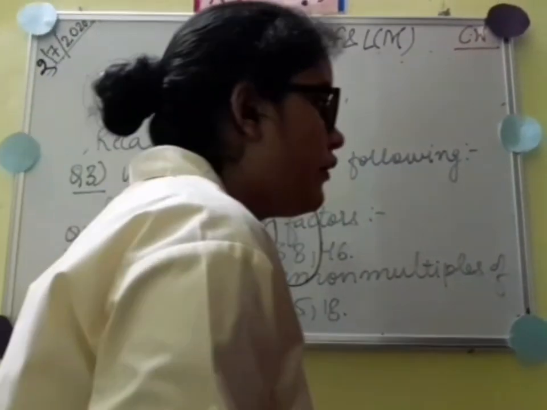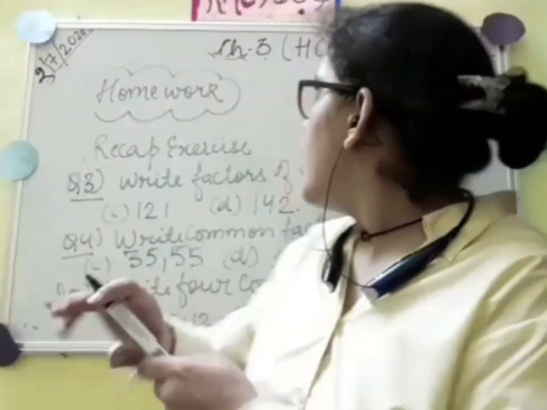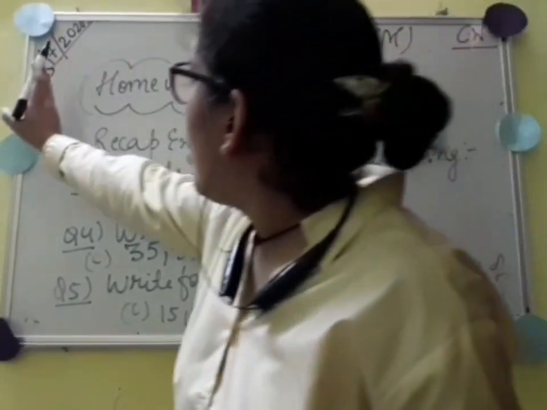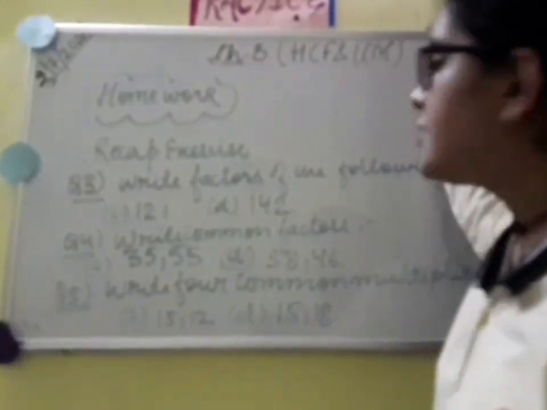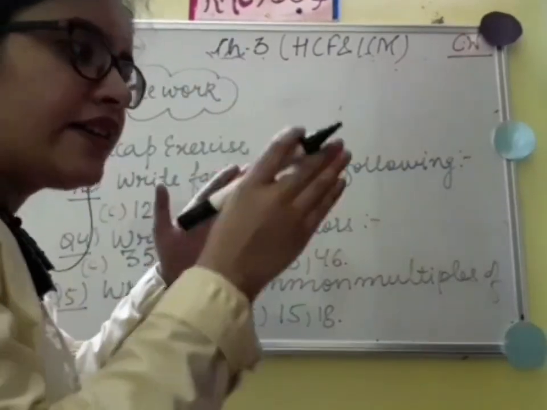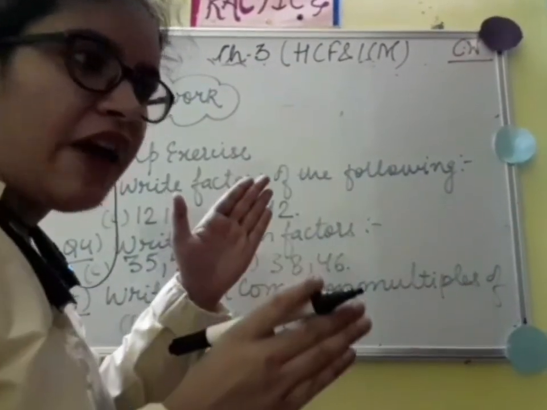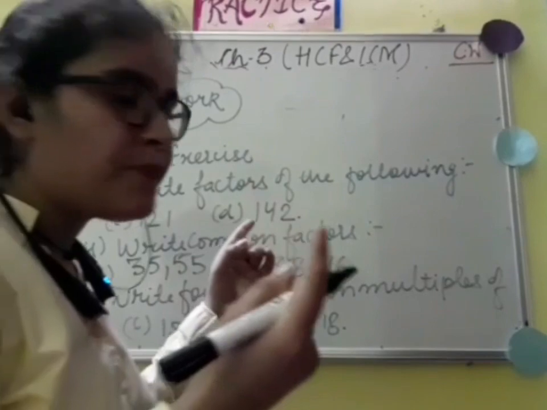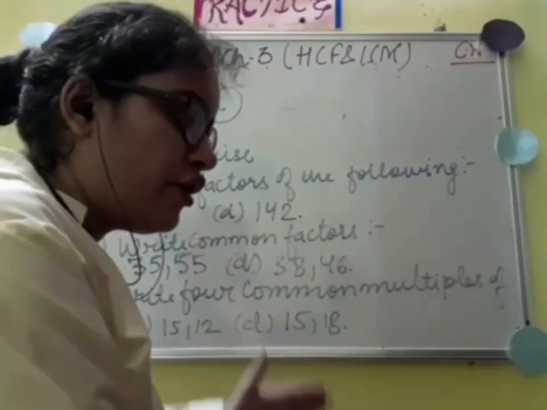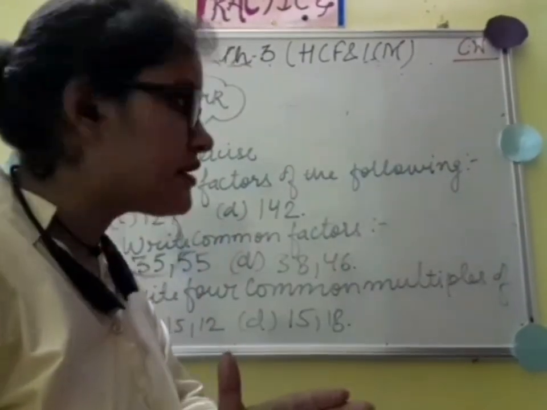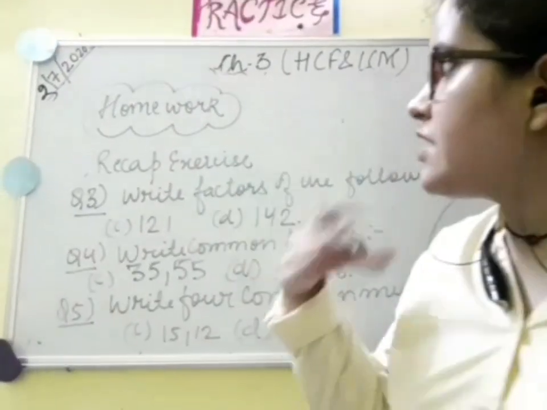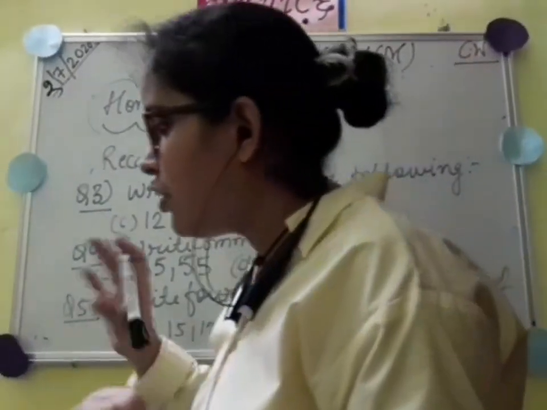Now students, how will you write your work in your notebook? First, write the chapter name on the top. After that, HCF and LCM. On the left hand side your date. On the right hand side your classwork or homework, whatever you are doing. And after that, factors with definition, multiples with definition, and write one example of each. Next, your homework was there in the first class, so do that homework. After that, do your recap exercise. After that, write your properties. Okay, you will do your work sequentially. After that, the properties I have explained, you will do that.